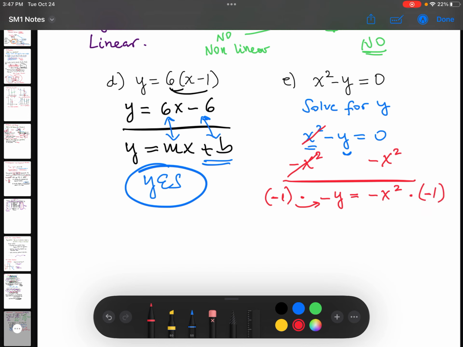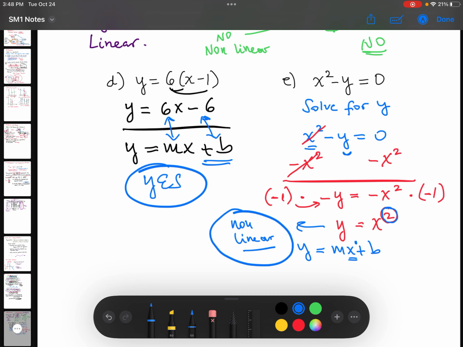And here's the thing. Now you got y equals x squared. This little thing right here makes it not linear, because as you can see here, the exponent is 1. Can you see? So this is not linear. This is a nonlinear function, so no. Hopefully, this is clear for you to identify when a function is or is not linear based on its equation. So this is it for